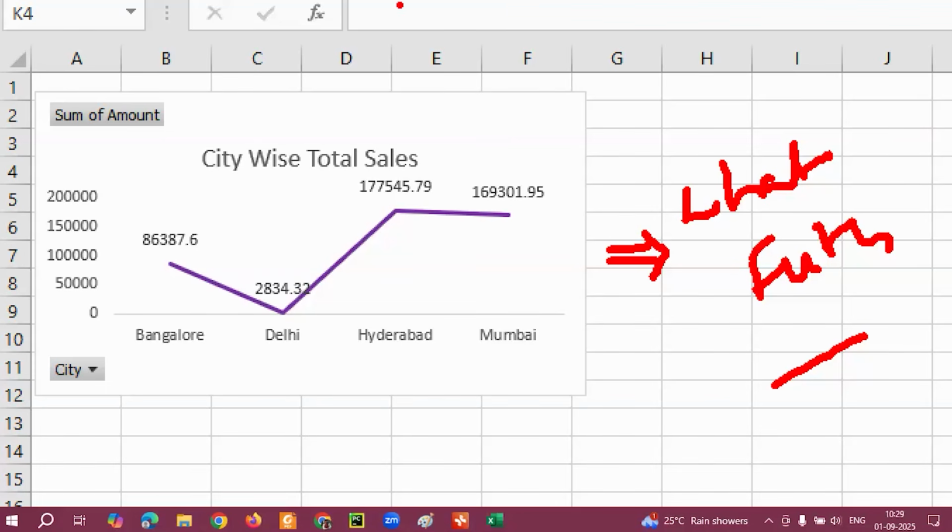Otherwise, no, sir, this month there is some problem because of some reason. There is an issue between India and the US. That is the reason our sales have reduced in Delhi, sir. The number of visitors has reduced in Delhi, sir. So within this month the issues will be sorted out, sir. So from next month onwards, our sales will be good again, sir.